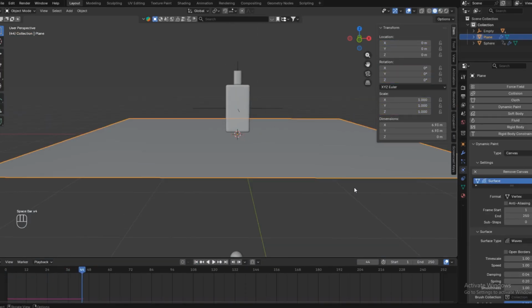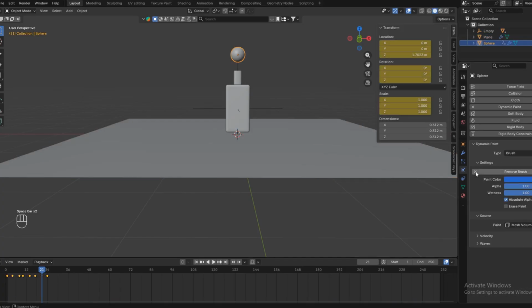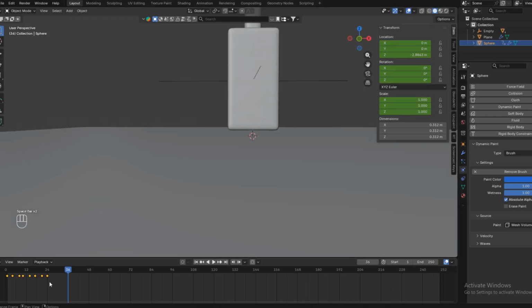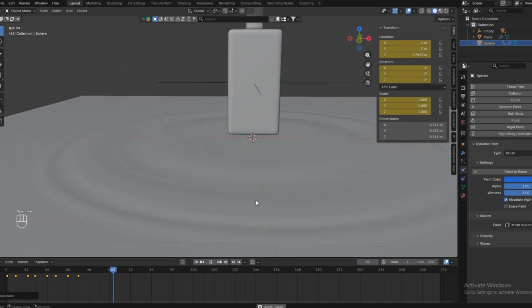It stopped working. Let's change anything and try again. Maybe remove the brush, add the brush again. Okay, maybe scale it up a bit. Slow it down a little bit. Yes. Okay, so now